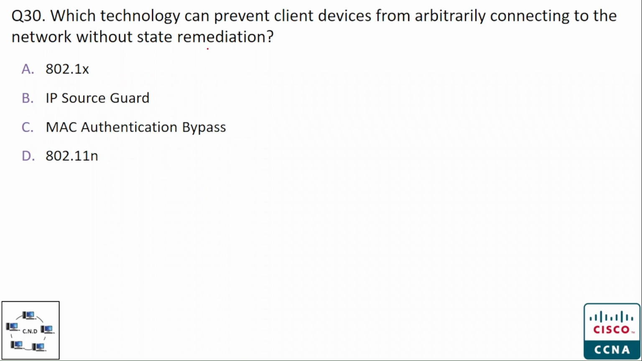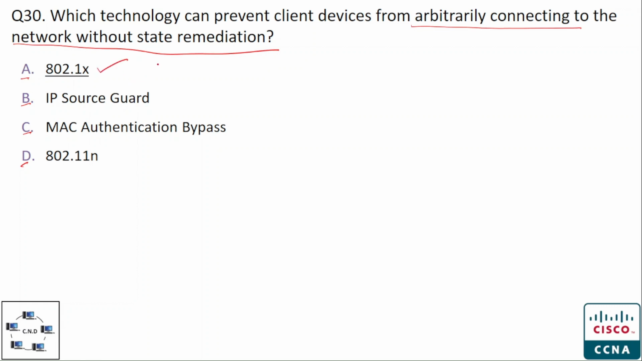Question number 30, which technology can prevent client devices from arbitrarily connecting to the network without state remediation? And the options are option A 802.1x, option B IP source guard, option C MAC authentication bypass, and option D 802.11n. And the correct option is option A